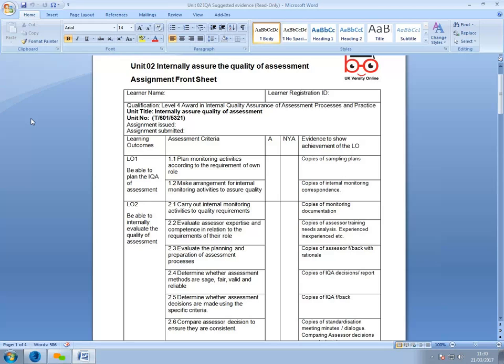Make arrangements for internal monitoring activities and to assure quality. So again, copies of any sampling plans, copies of internal monitoring and correspondence, make sure that those are covered there. If you're going to do an IQA on some work, then the assessors need to know about it so that they can make sure that work's available. And on a sampling plan,